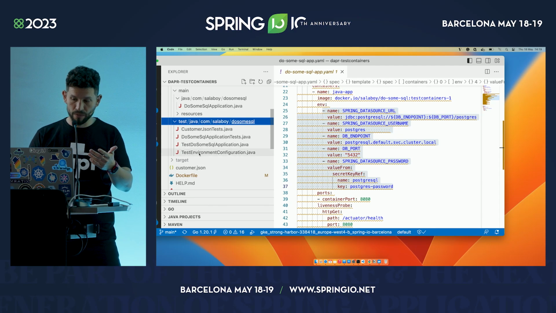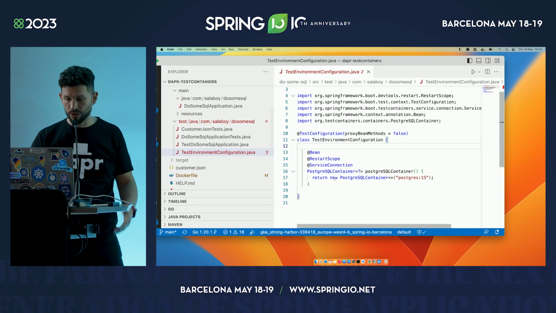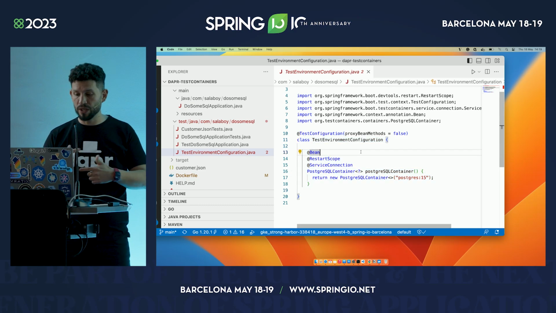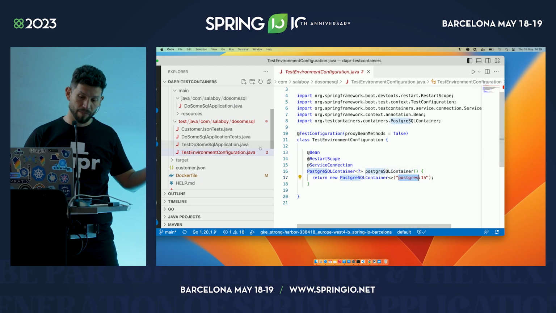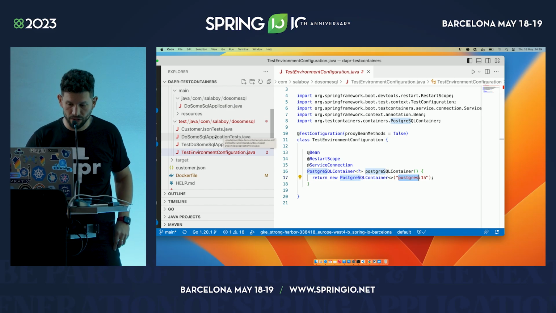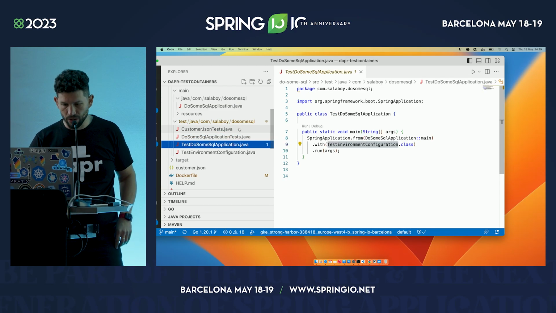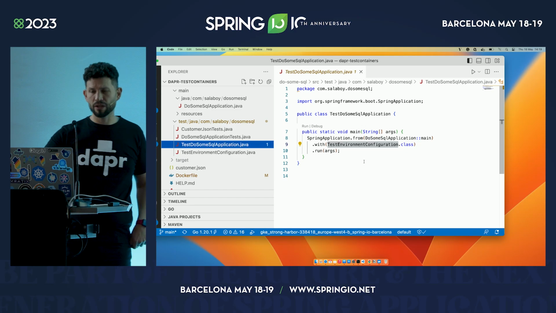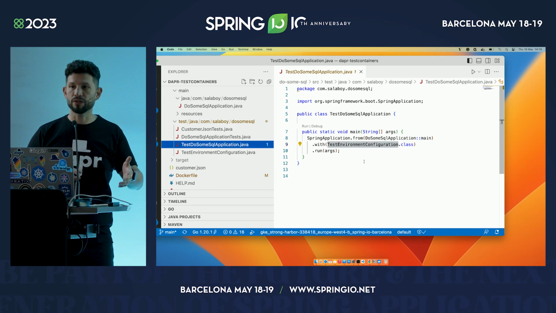And how do you do that? You basically create a configuration, and you add Testcontainers to your project, of course. And in this case, I'm telling Spring Boot to bootstrap a new instance of the Postgres Testcontainer for my test, so that my application can connect, send some data, store data, and then just check that everything is reading in there. So if you take a look at the test, I can share the link later on. It's pretty simple. And one nice thing about Spring Boot 3.1 is that you can actually run an application in that mode with Testcontainers.